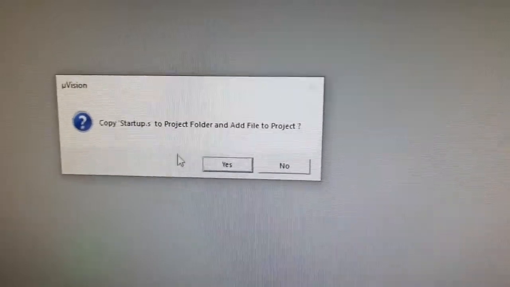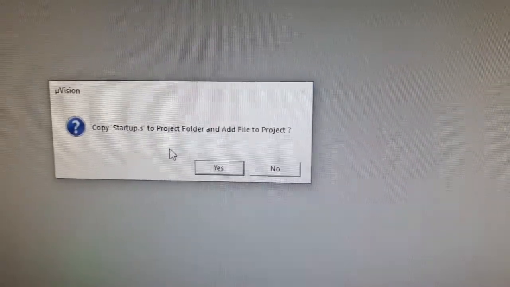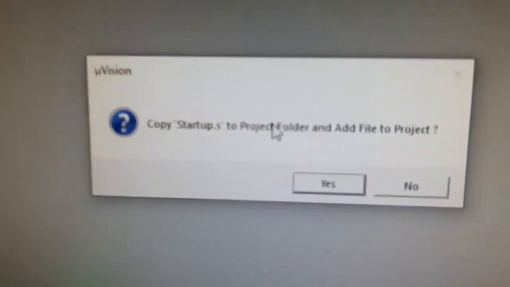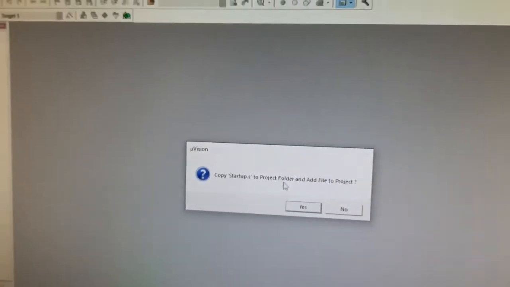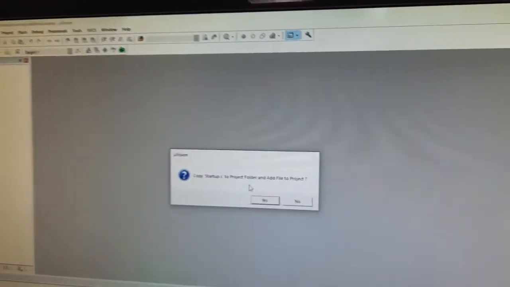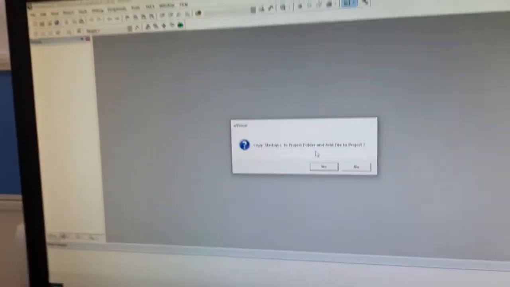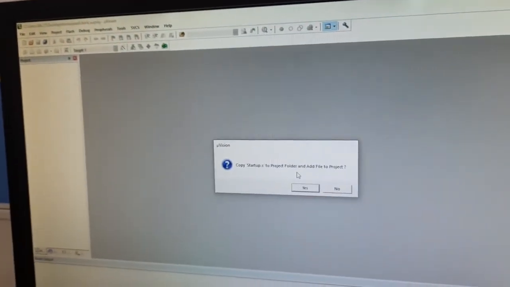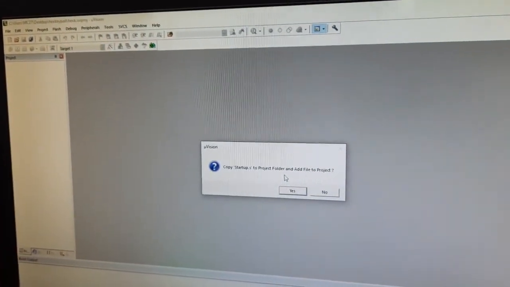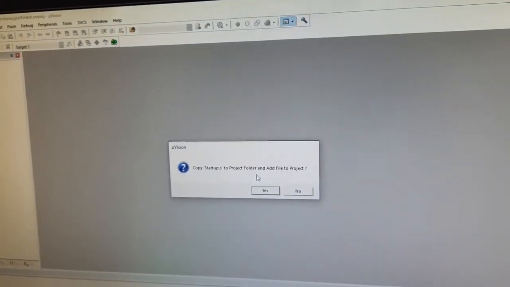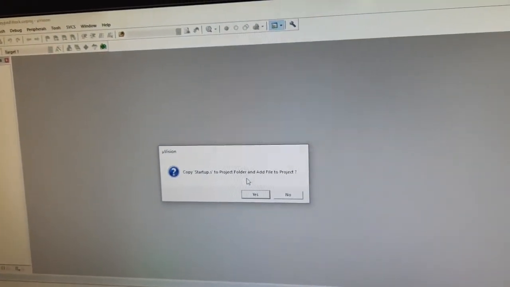Now on the screen you will get copy startup.s. Here startup.s is a library file. That library file is required for our embedded C program. In the previous part, that is part A, we did assembly level language programs.